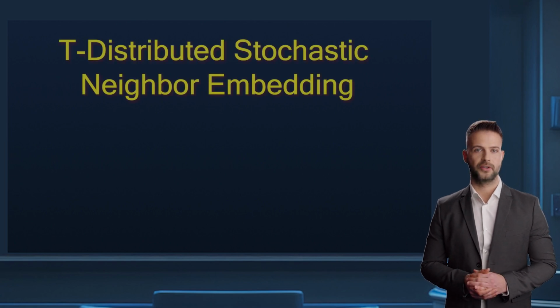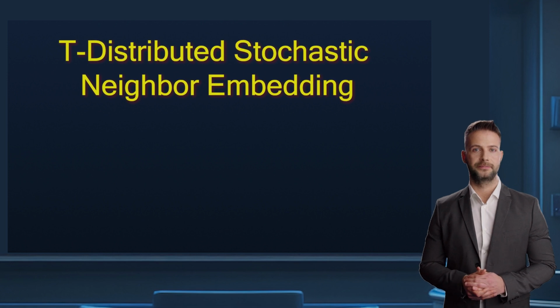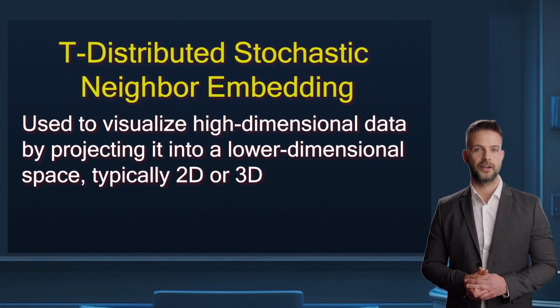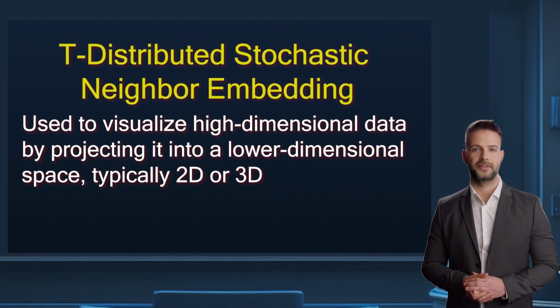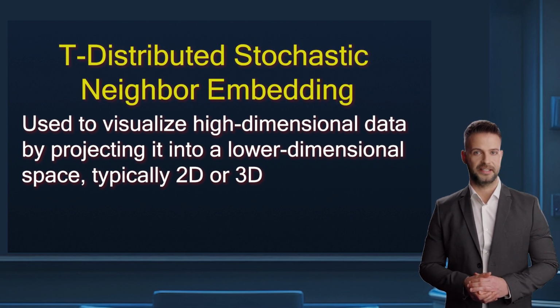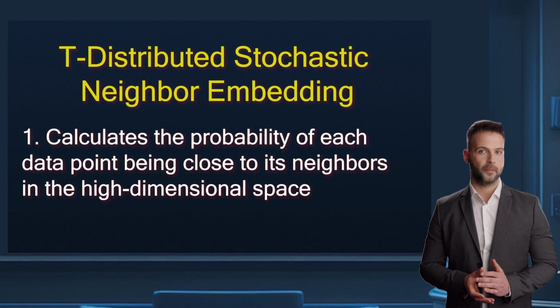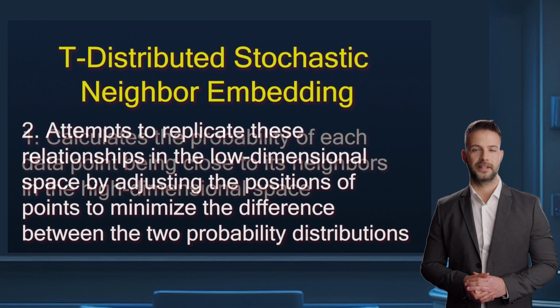T-distributed stochastic neighbour embedding, also called t-SNE for people who are not fans of 3-minute-long titles. It is used to visualize high-dimensional data by projecting it into a lower dimensional space, typically 2D or 3D, while preserving the local relationships between data points. t-SNE calculates the probability of each data point being close to its neighbours in the high-dimensional space, then attempts to